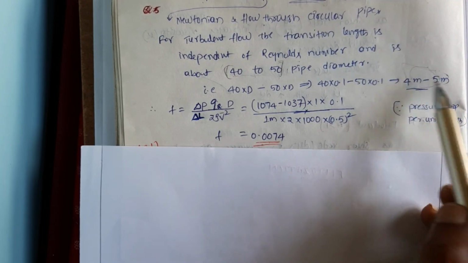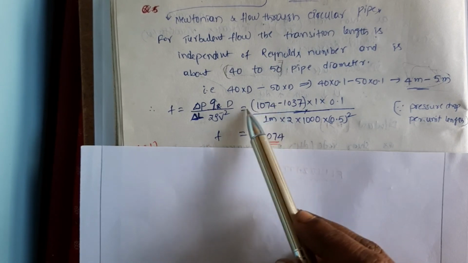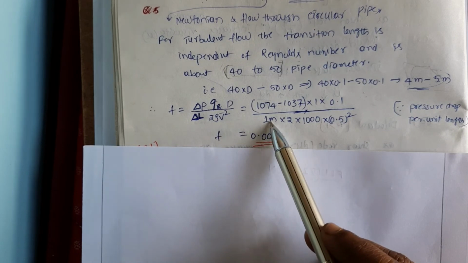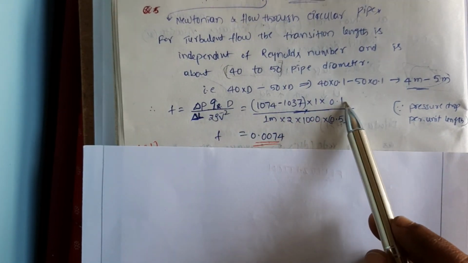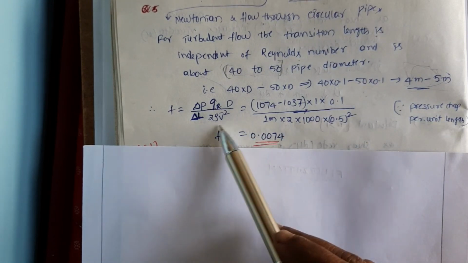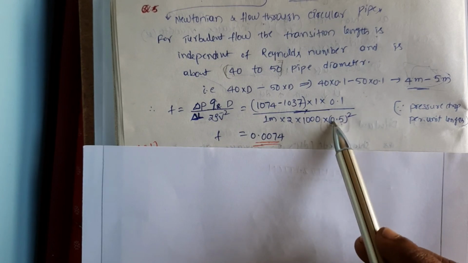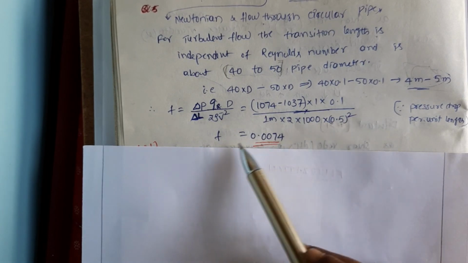In this region, if you calculate the pressure drop delta P from the graph given in the problem, taking the pressure drop values, delta L is 1 meter, gc is 1, the diameter of the pipe is 0.1 in meters, the density of the water is 1000 and the velocity is given in the problem, that is 0.2. So squaring it, we will get f equal to